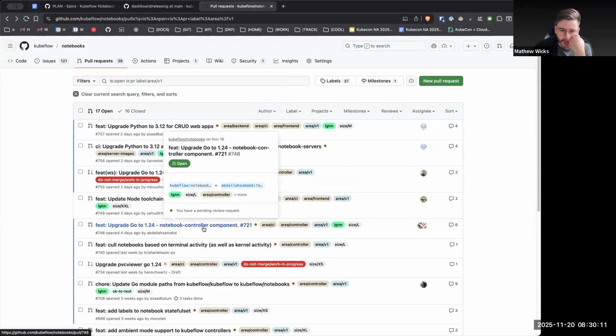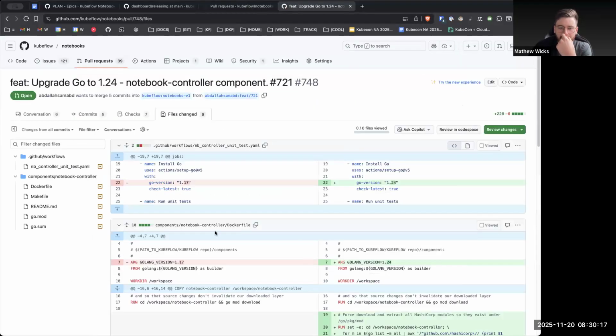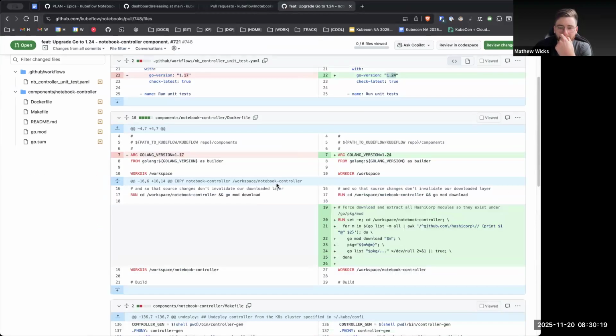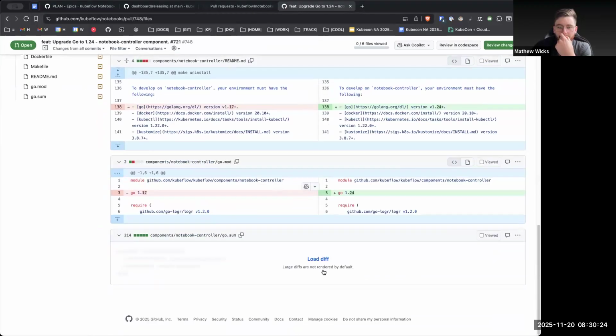So for the notebook controller, all I know is that Go, which version are we going from? 17 to 24. There were a few big differences in there. These kinds of ones are really hard to test, you know what I mean? That's so many versions. We do need to be a little bit careful with the controller, because a lot of projects, for better or worse, use the notebook controller as a single dependency, nothing else.